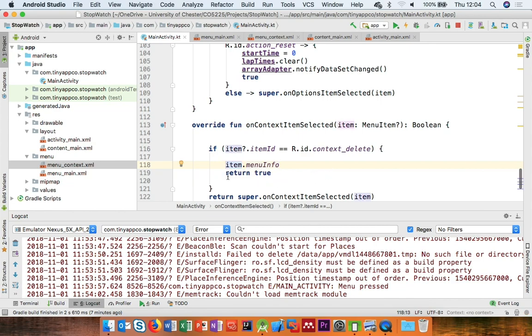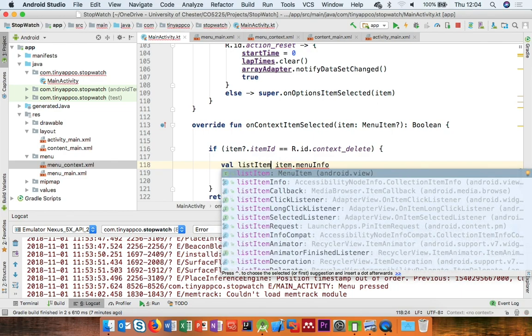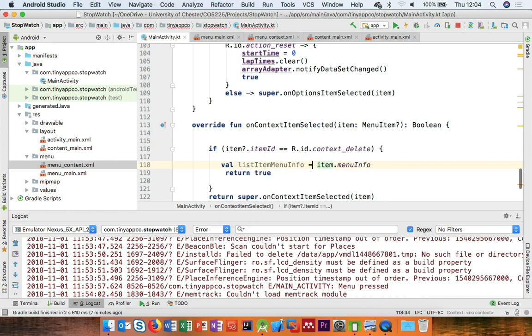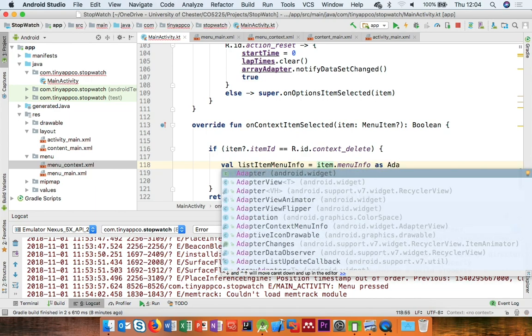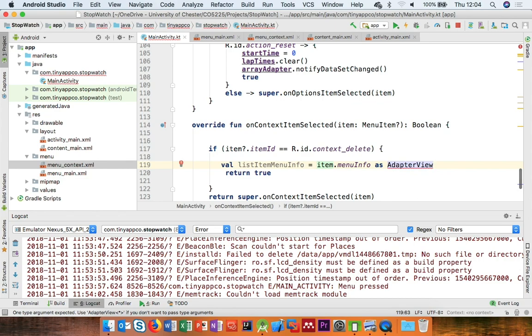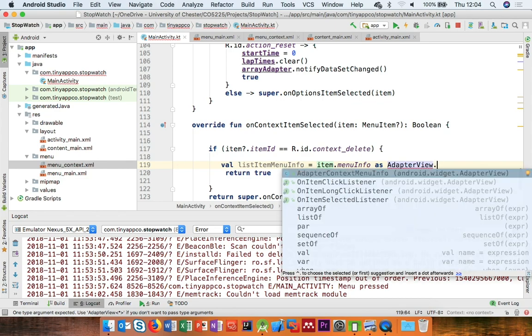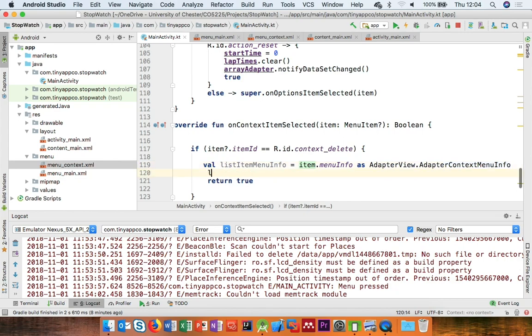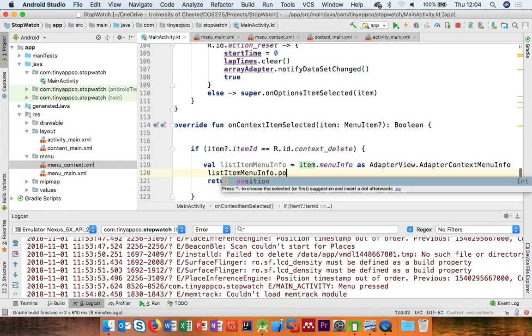What should we call it? val listItemMenuInfo. It's probably the most accurate way of describing it. And then we have to cast it. So we have to say it is an AdapterView.AdapterContextMenuInfo, I think I get this right. Yeah, it's not straightforward. But once we've got that, this list item menu info will have a position,